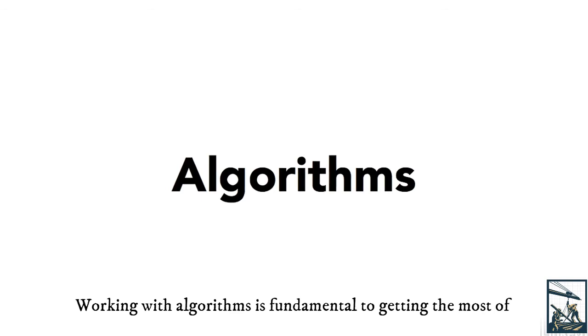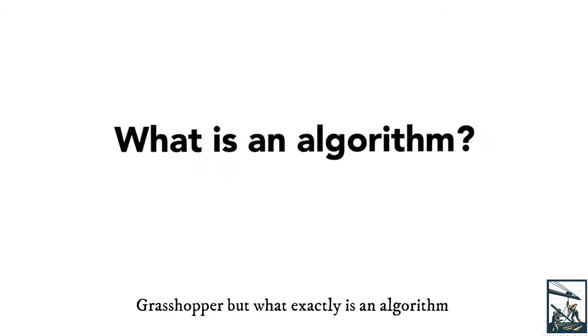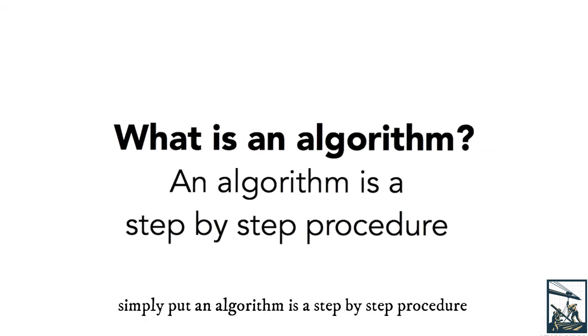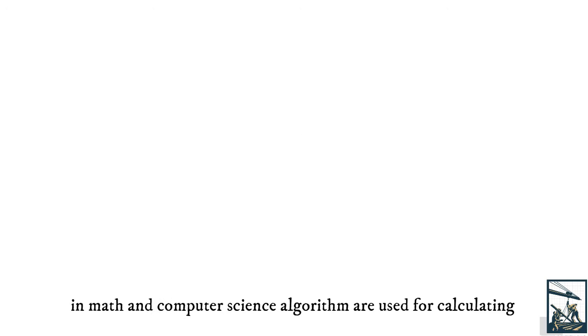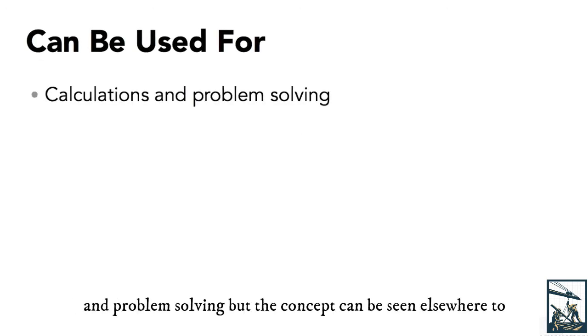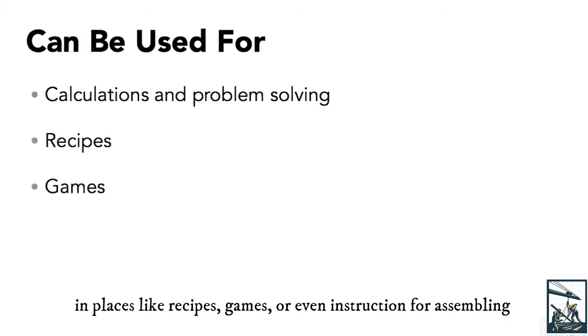Working with algorithms is fundamental to getting the most out of Grasshopper. But what exactly is an algorithm? Simply put, an algorithm is a step-by-step procedure. In math and computer science, algorithms are used for calculations or problem solving. But the concept can be seen elsewhere too, in places like recipes, games, or even instructions for assembling things like